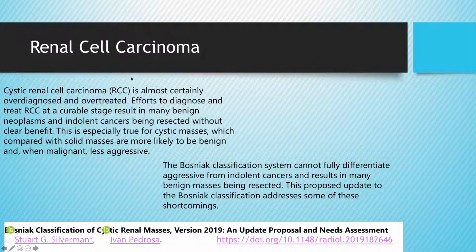Renal cell cancer, I thought, was a nice little one to bring forward to highlight this unintended screening, because a lot of renal cell carcinoma is detected on other studies. You're not looking for it. You find it. You're doing some abdominal imaging, sometimes a lumbar MR. You see the cysts in the kidneys, and you tell them to go for further imaging, and then they find the cancer. And there is a whole host of these cysts, and you all will learn, if you have not done so yet, about the Bosniak